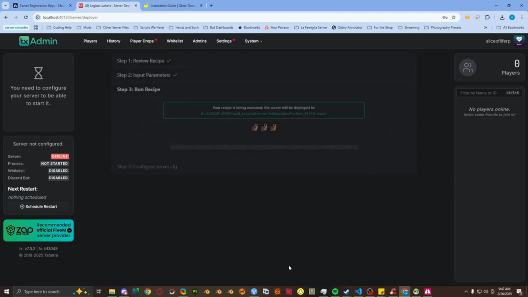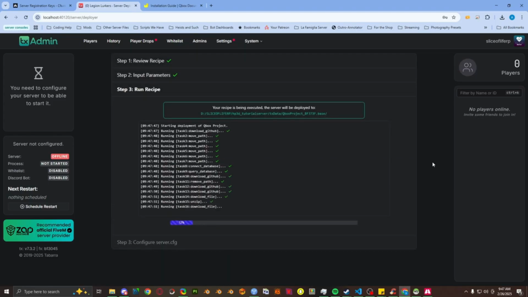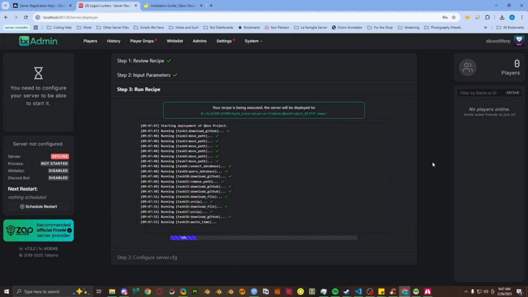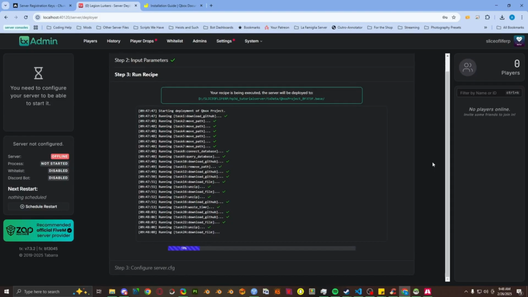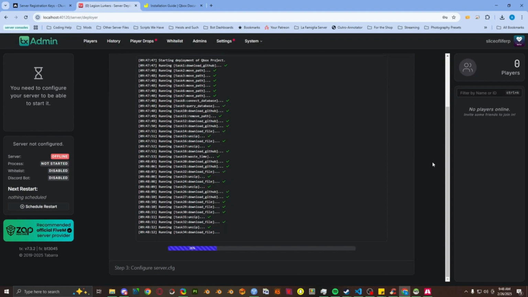Now, something to keep in mind when you're running the recipe is that some people can get an error when doing this, and it's going to be a GitHub error, and it's going to tell you that you are being rate limited. This means there's too much traffic at once, basically. It can't handle it, and it needs you to chill out, as it would say. You didn't do anything, Qbox didn't do anything, TXadmin didn't do anything. This is just a GitHub thing that it does sometimes. If this is you and it happens to you, please just go ahead and wait 15 to 20 minutes and